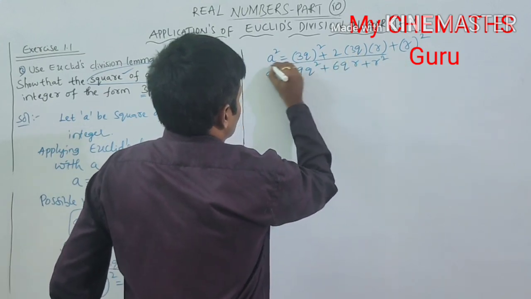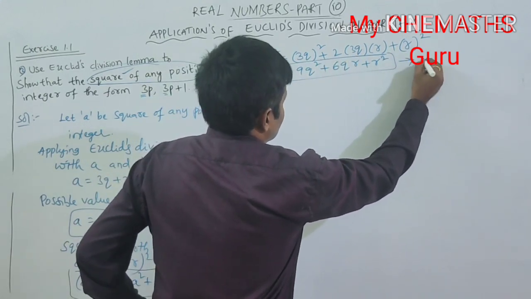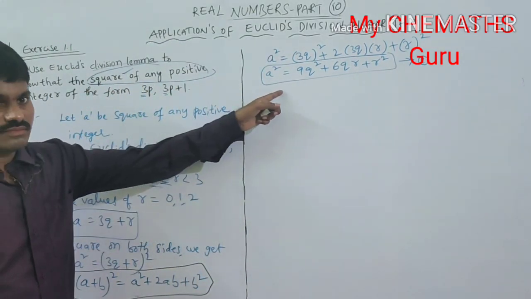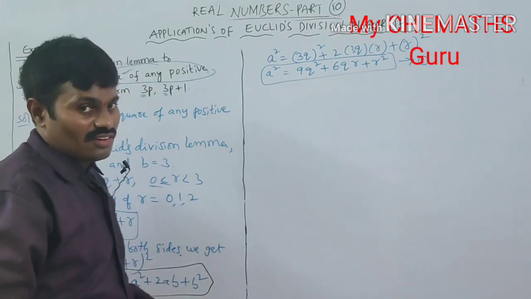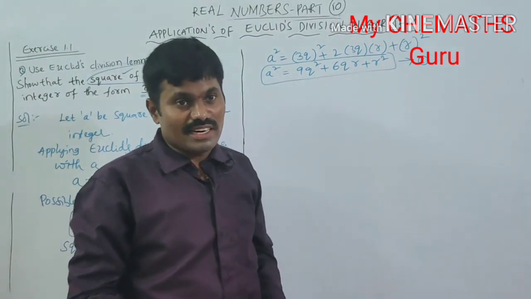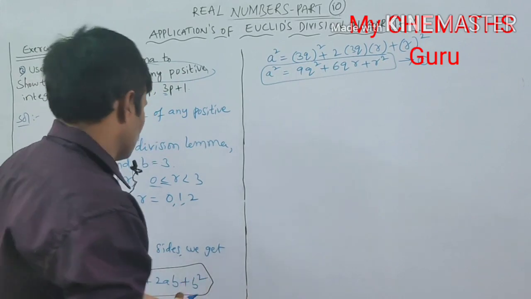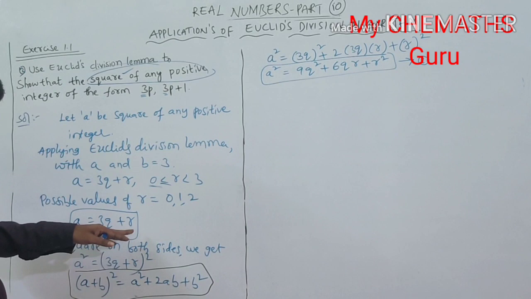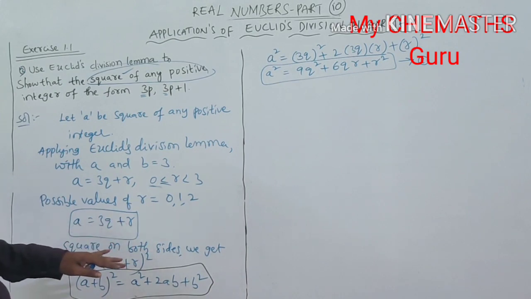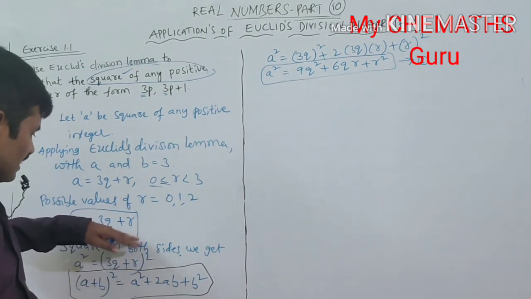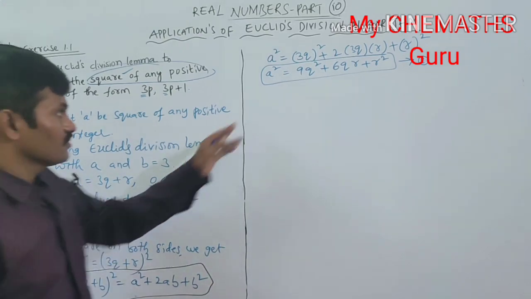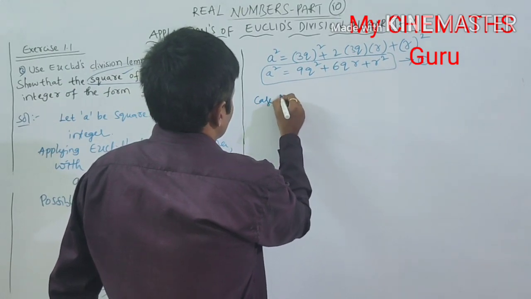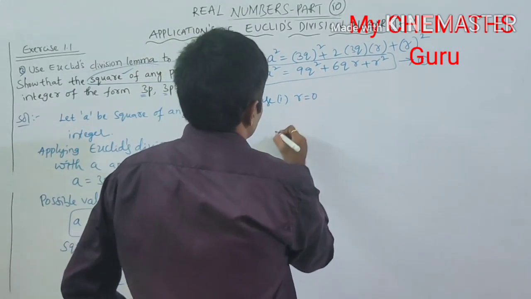This is one relation. Now consider this relation as 1 and substitute all possible values of r in this relation. We will get a solution. It will be very easy. Instead of checking by substituting and squaring on both sides for each value, if you square on both sides at a time for the general form, it is easy. Okay.